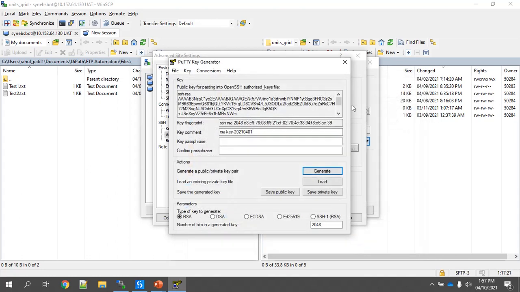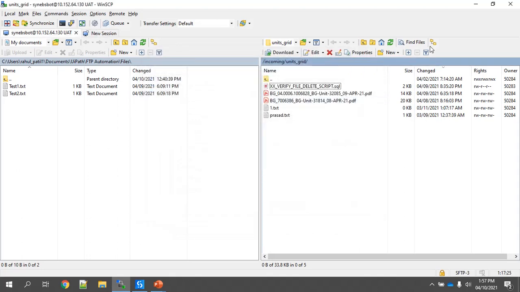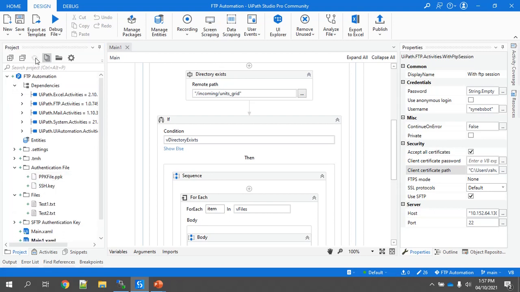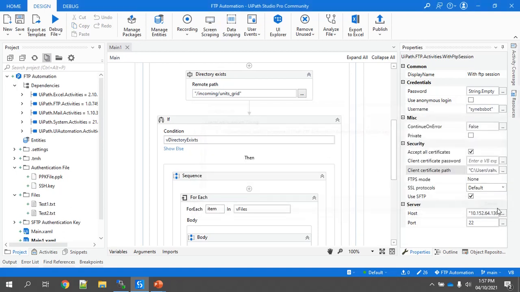So I'll save this, close this, and refresh. Here you can see the SSH key file is there, and the same path I have provided here in the SSH key file.